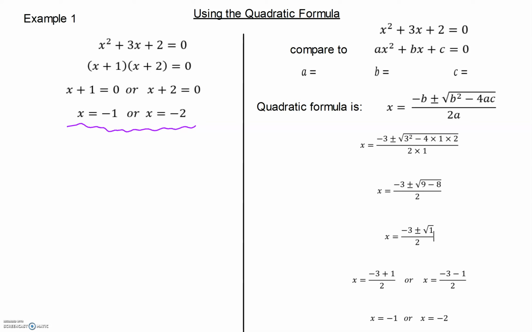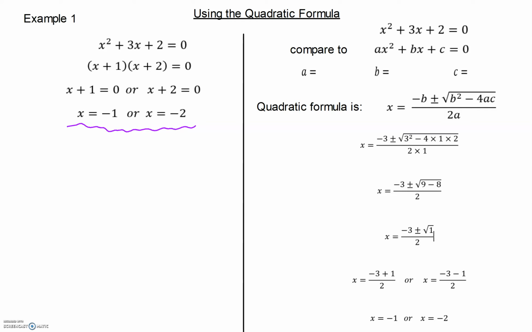We know that x is negative 1 or x is negative 2. So we're going to apply the quadratic formula, and we're going to see if we get the same answers. So on the right-hand side we're going to use the quadratic formula. We've got x squared plus 3x plus 2 equals 0, and we're going to compare it to ax squared plus